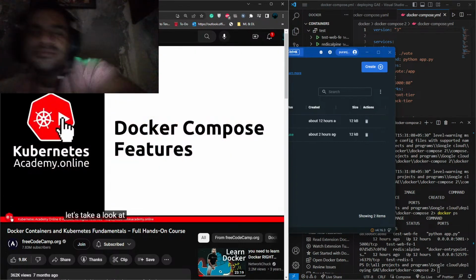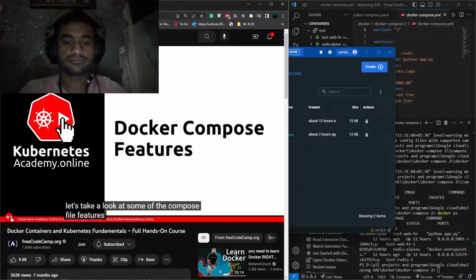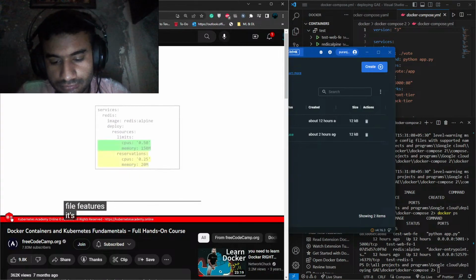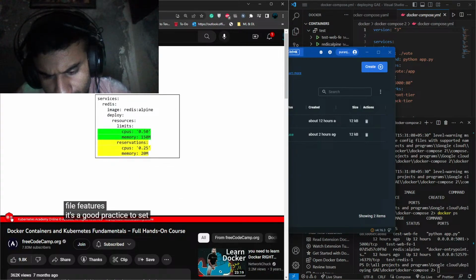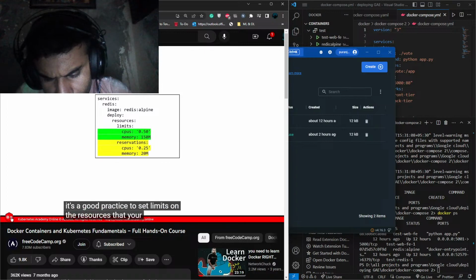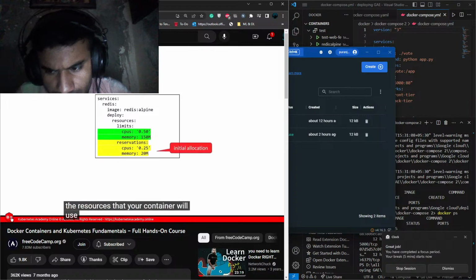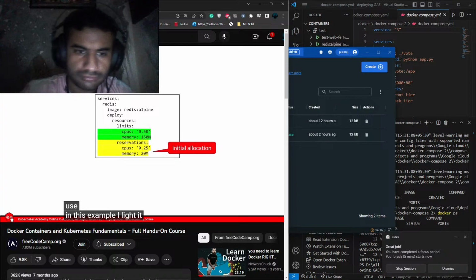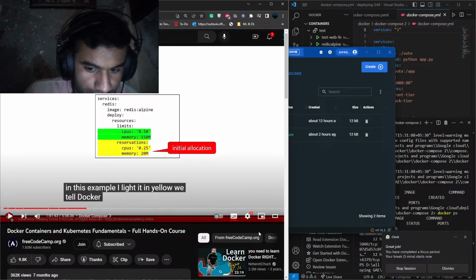Let's take a look at some of the Compose file features. It's a good practice to set limits on the resources that your container will use. In this example, highlighted in yellow, we tell Docker